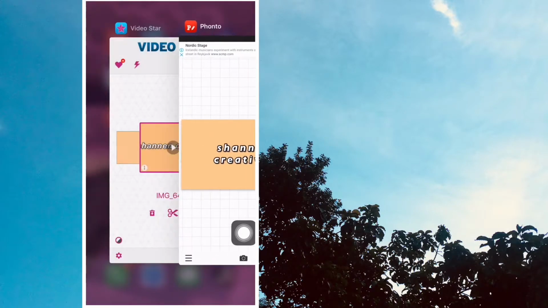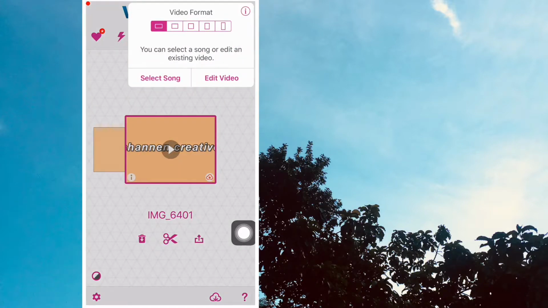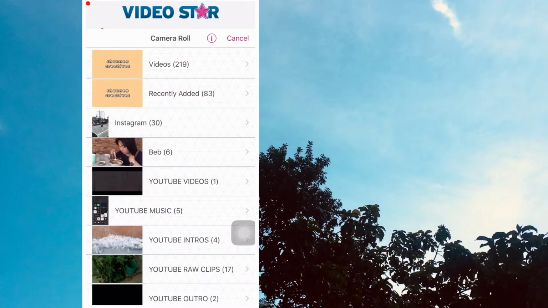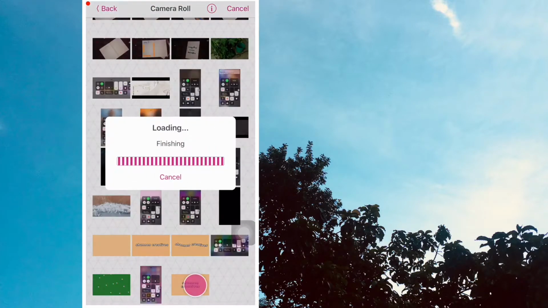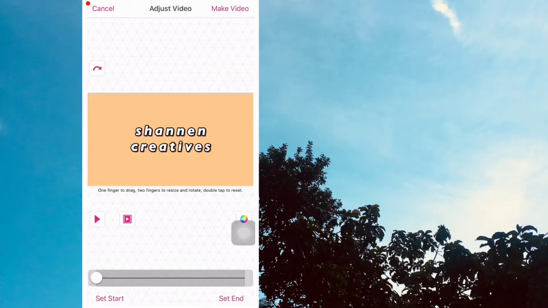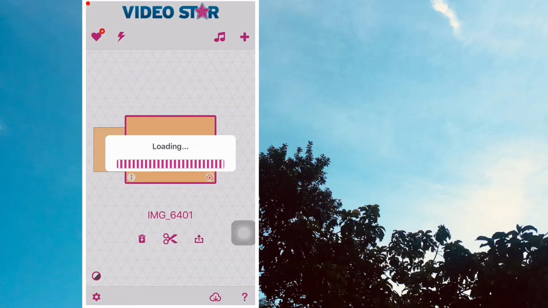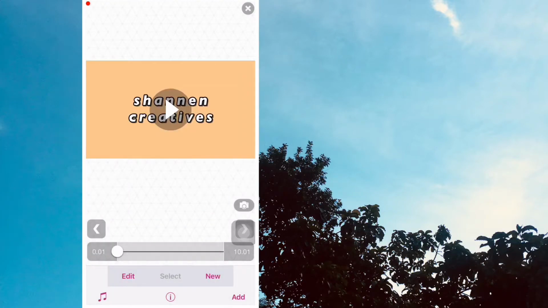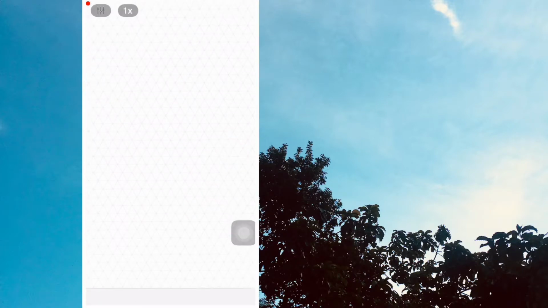Next one, you have to go to the next app, which is Videostar. Edit video. You just have to look for the recently added from our iMovie, and there you go. The next step is that you have to click the make video. So just wait for it. And then click new, click re-effect,